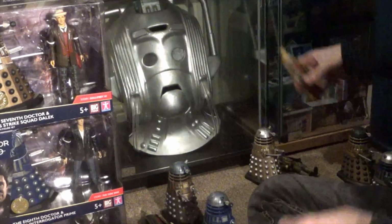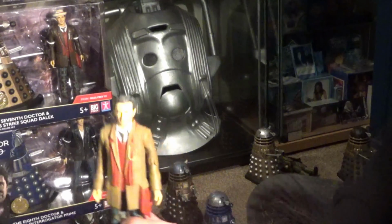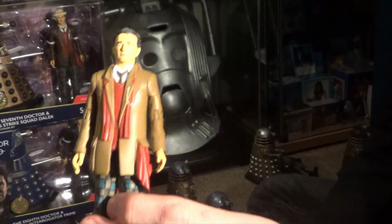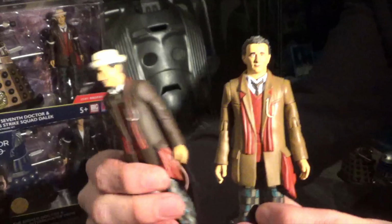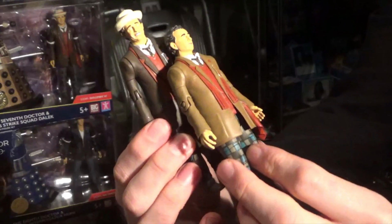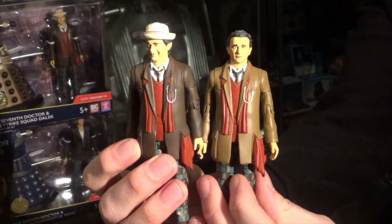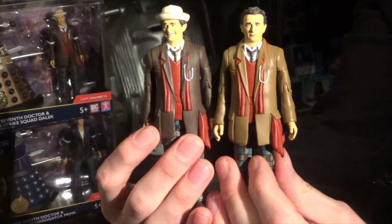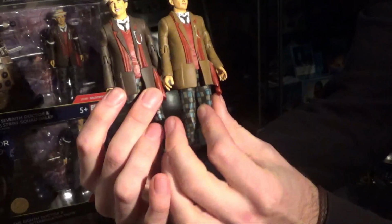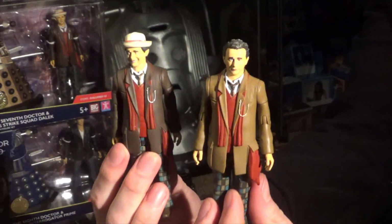So the original release of the 7th Doctor, which was titled the 7th Doctor and Axis Strike Squad Dalek, was a figure just like this. And that is the 7th Doctor of 2019. If I compare him to the new 2020 version, there is a lot going on here. As you can see, first of all, the biggest change is he is wearing a hat, and he's also grinning like a Cheshire cat. And he's got a nice, lovely brown jacket, and I think, if I'm not much mistaken, everything else seems to be roughly the same, but there's enough difference there, having these both in hand, to,